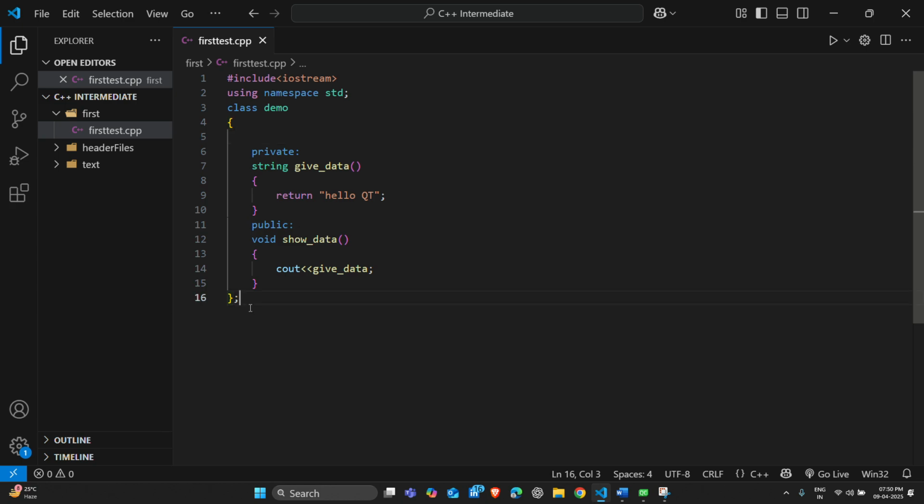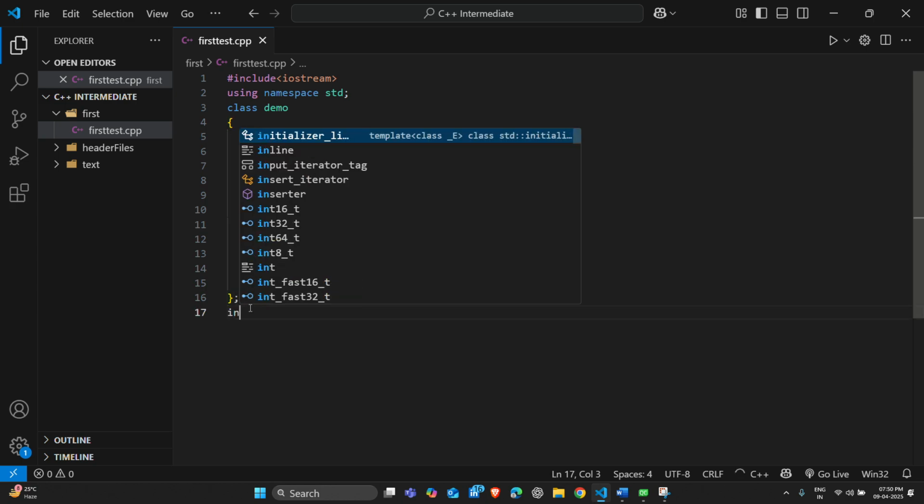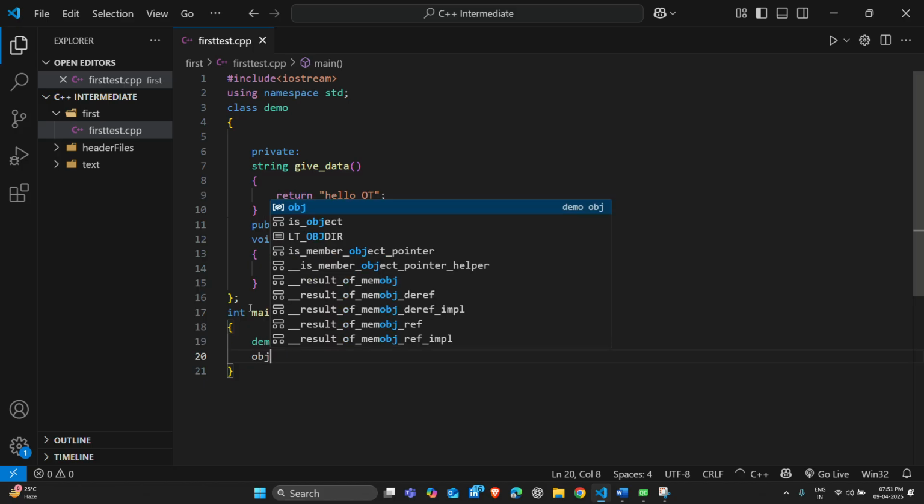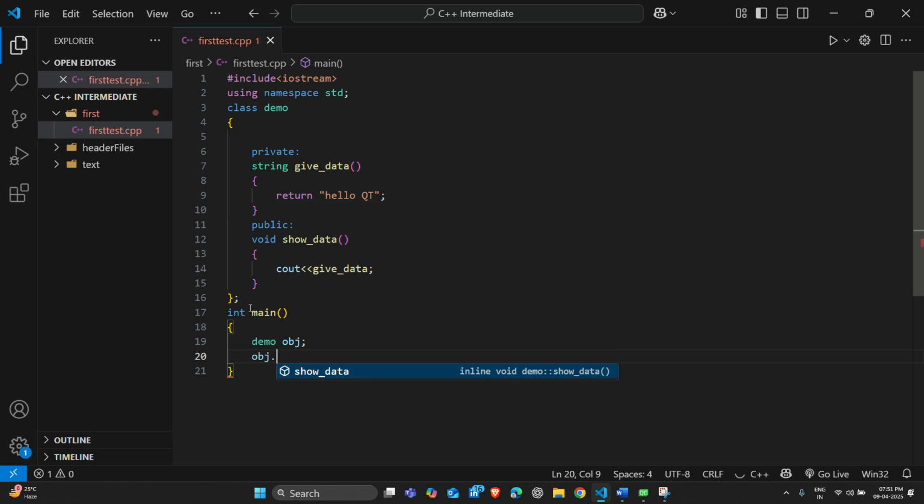If we want to actually use this class, we will make an int main, and here we will create an object first. It will be Demo obj, and from this object we can call that function. Which function are we going to call here? We are going to call the public function, obj dot show data. I'm sorry, it's a function. So right here, if we call that function,